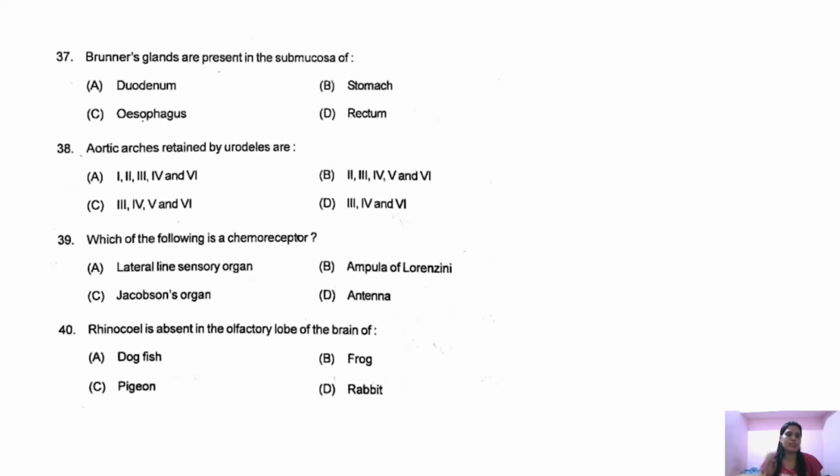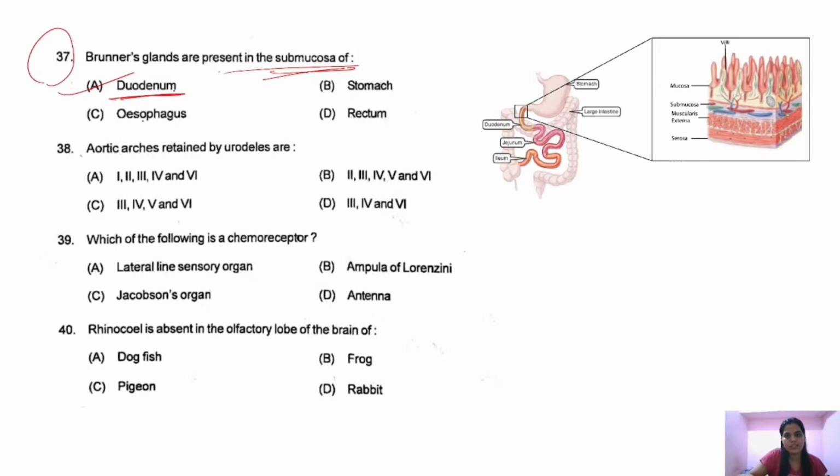Question number 37. Brunner's gland are present in the submucosa of, again, option number A, that is duodenum will be the right answer. Here you can see in this diagram, this is the part of the intestine, that is duodenum, jejunum, ileum. Three parts are there. In this particular part, duodenum, in the submucosa layer, we can find this Brunner's gland. Next, question number